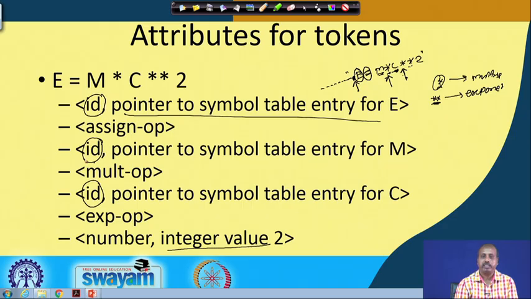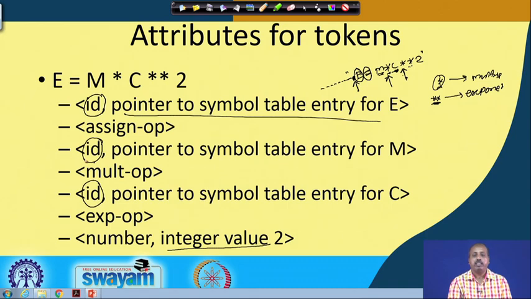So, these pointers are not necessary for basic syntax checking, but if you are trying to check what the types of these variables are, and if you are trying to generate code for that, then you need to have the corresponding symbol table pointers. So, for later stages like code generation, these pointers will be useful.